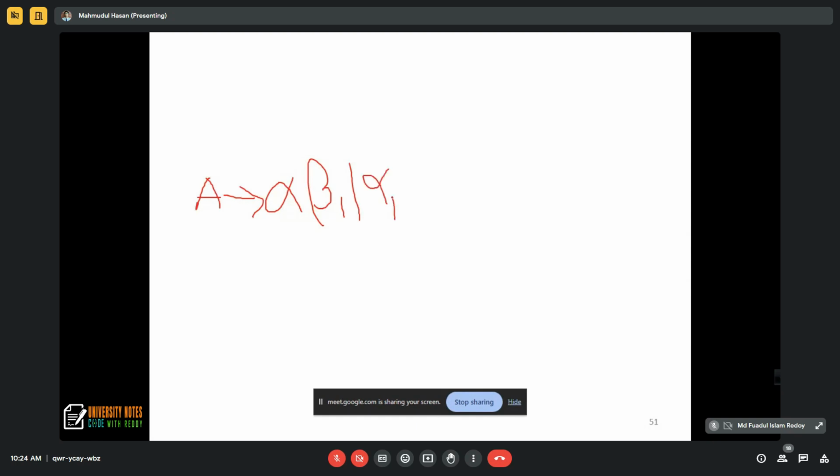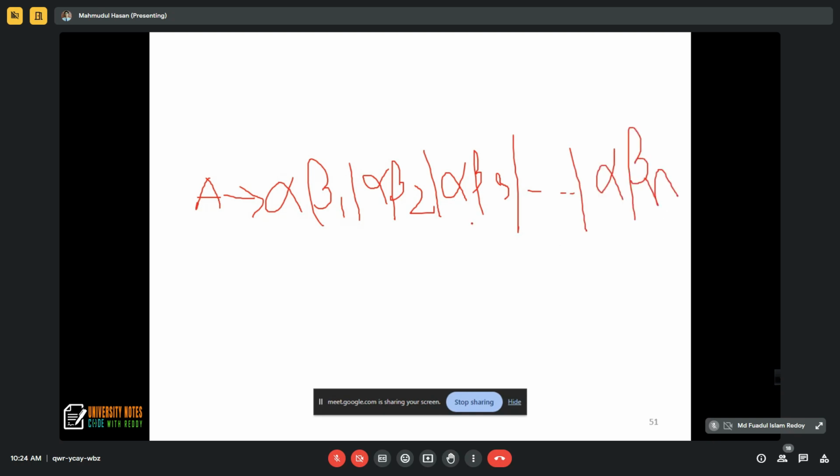A → alpha beta 1, then alpha beta 2, then alpha beta 3, and so on up to alpha beta n. Suppose this is your production rule, and your expected input is alpha beta 3. If you look at the production rule,